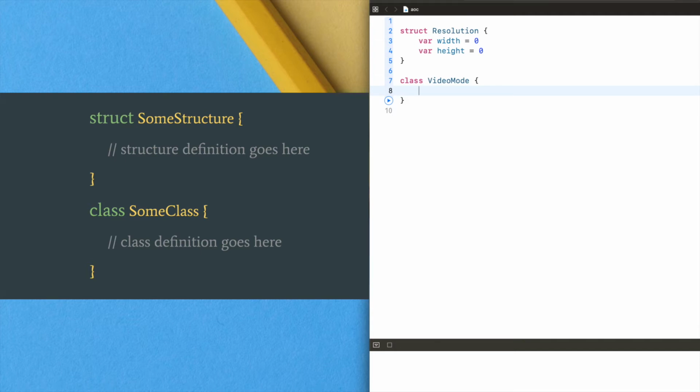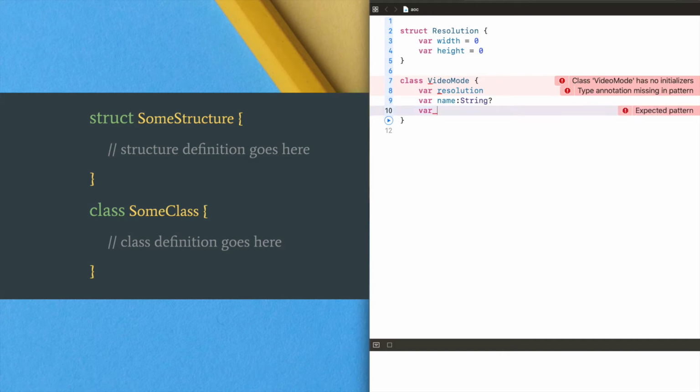So the properties are, one is the resolution, and so on. We need to provide initialization for resolution. We just initialize empty.